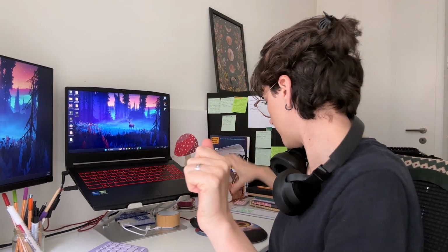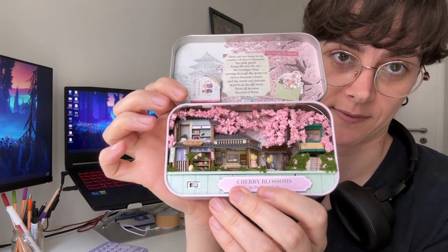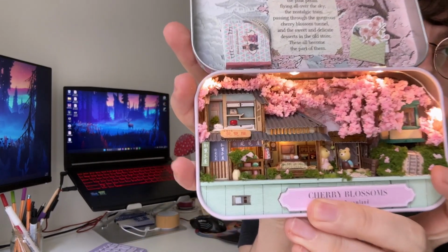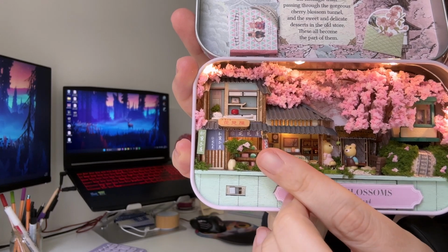It's this one here in this box. Basically, it is a candy shop. As you can see, just a second. So the name is Cherry Blossoms in the Dreamland. And we have light also. So basically it's a candy shop with a lot of